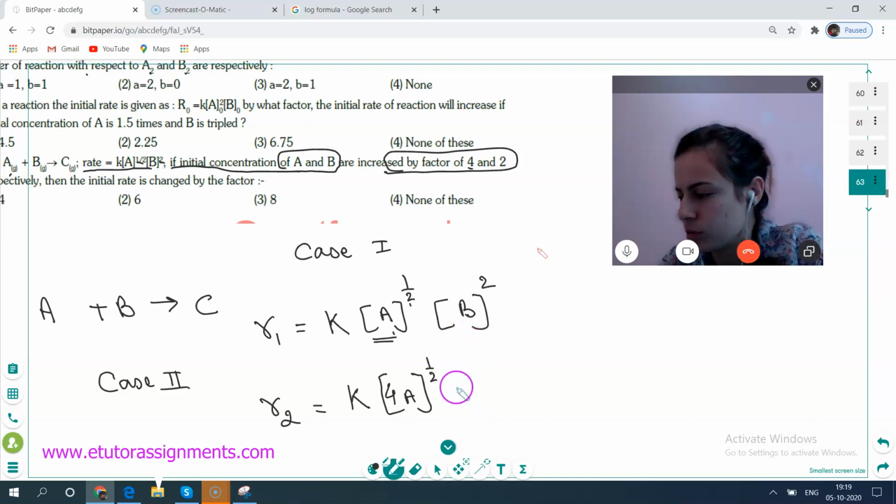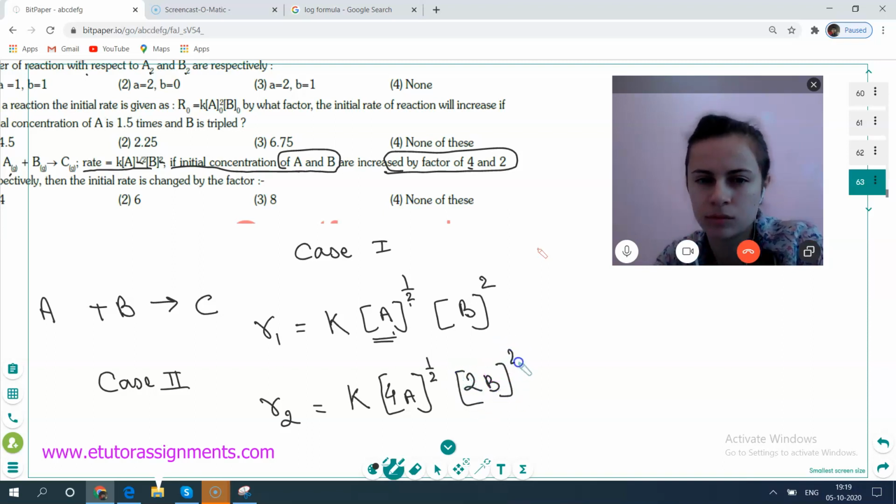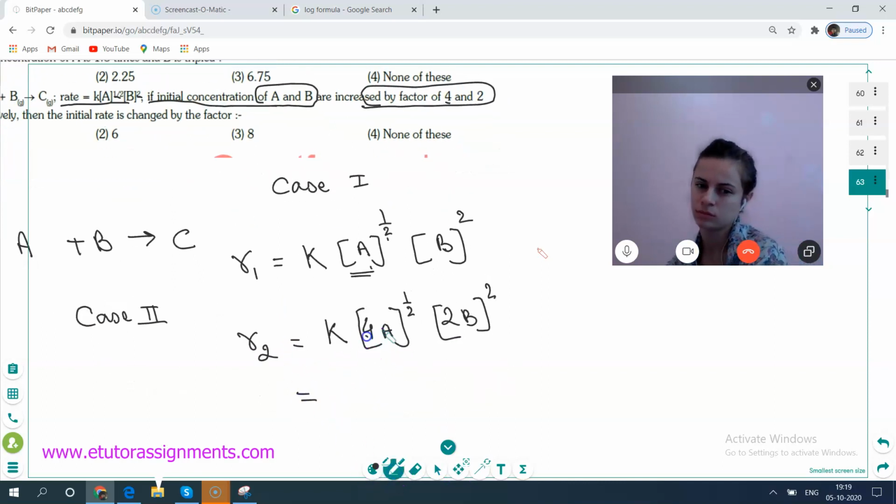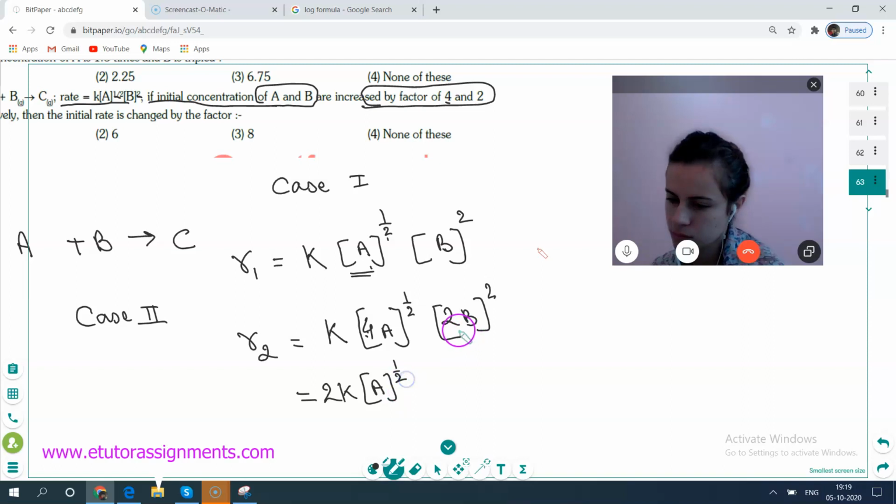Okay. And then 2b power 2. Or you can say 4 power K. 4 you can take out from this one. So power 2 you take out here. Multiply on 2. 2 1 also on 2. 2 square. You take out from both of them. 4 2 square na. You will take out the 2 square here.